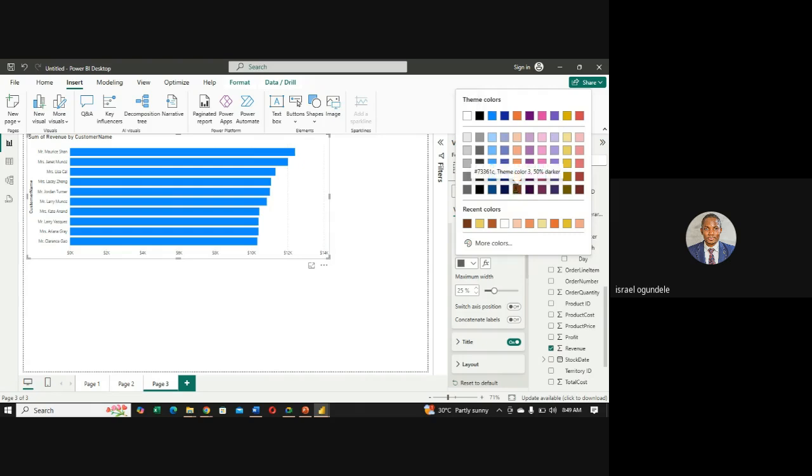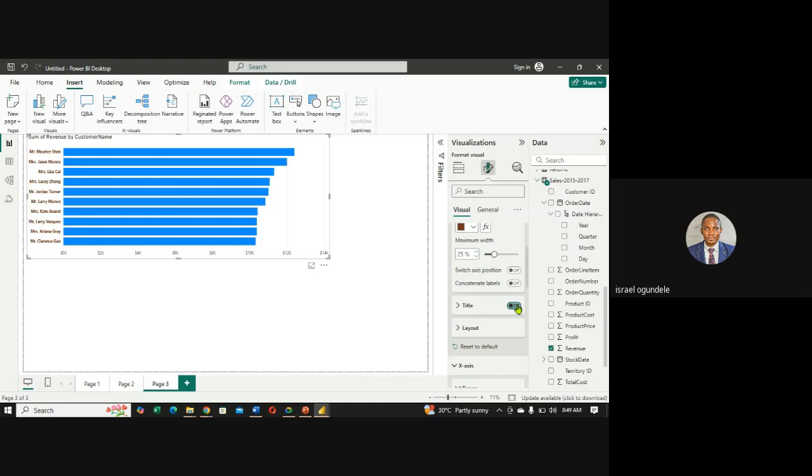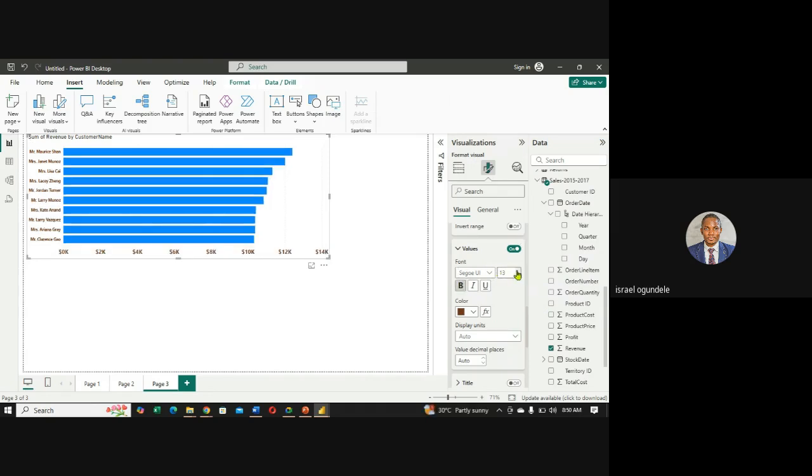Apply color, let it be brown. Then choose this. Title. I don't need title since I have the customer name. So for X, let me also do the same. Make this brown. Bold it. Increase this. I can just format it in my own way. This is for the top 10 customers that we have